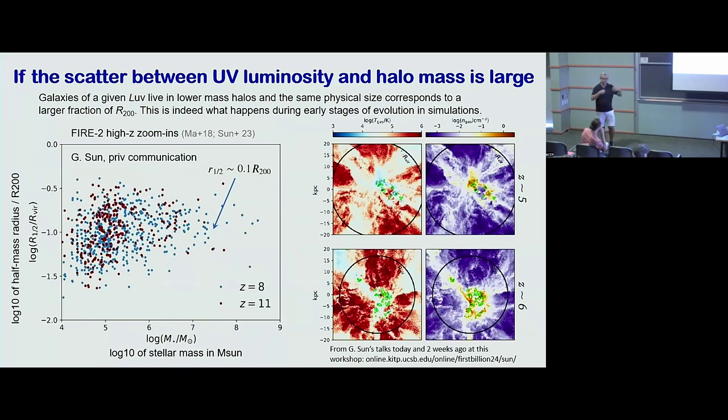So in this simulation, there's a lot of stochasticity between halo mass and luminosity. So the bright galaxies on average are actually small mass halos that have just been upscattered in luminosity. We heard discussion about this possibility earlier today. And in this case, you need higher star formation to happen, and stars being distributed in a higher fraction of the virial radius, and that's indeed what they see in these simulations. So Jason earlier today, and again in this talk as well, showed the actual distribution of star formation. This is the greenish regions here that occur over a significant fraction of the virial radius shown by circles in these